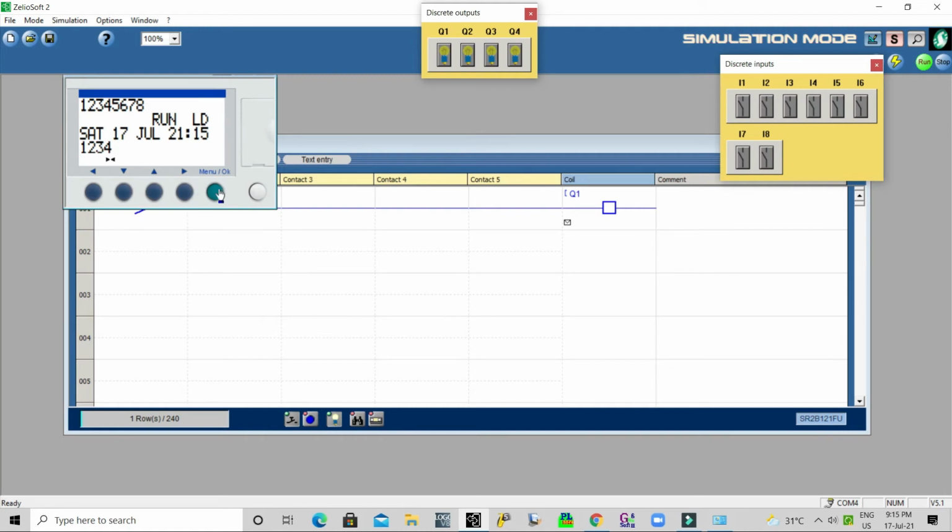Now I'm changing the timing. Change the date and time. Here we go, I'm changing the time to 6 o'clock. Okay, let's keep it 5. So now the time is